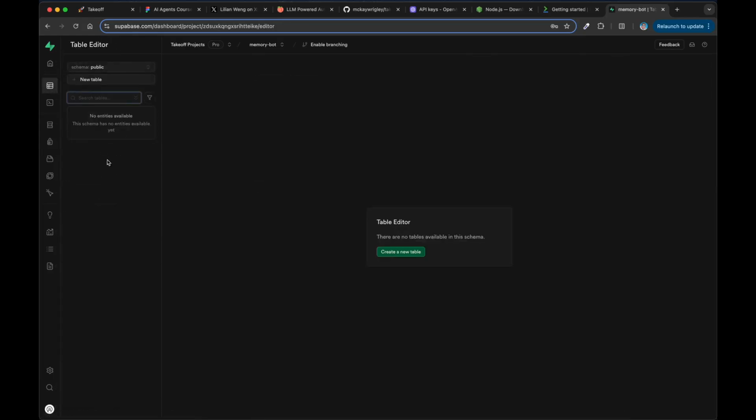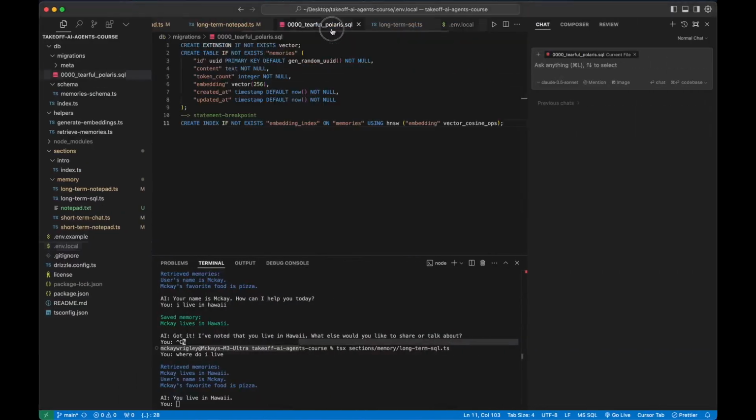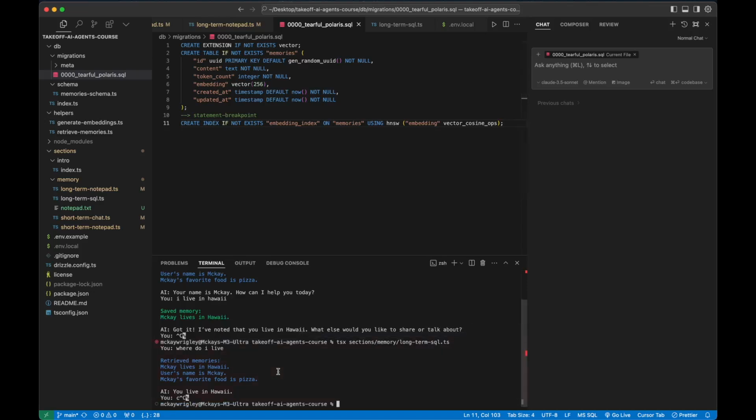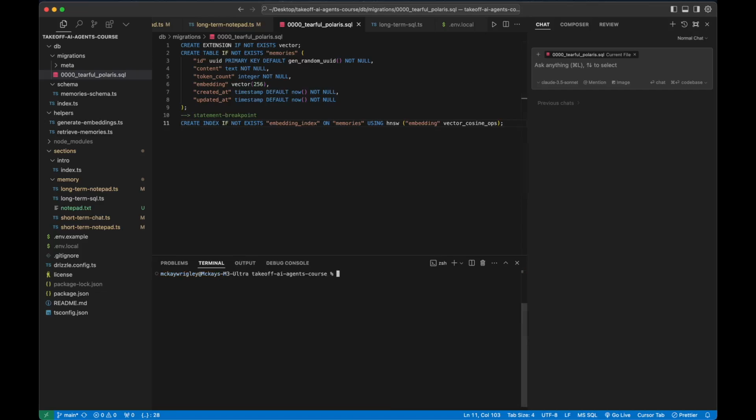But you'll notice if you go to your table editor over here, we don't have any tables, okay? That's fully expected. Again, I told you this before, but I went ahead and wrote this SQL code for you, so you're not going to need to worry about anything right now. What you will need to do is one thing: in your terminal here, you're going to need to run npm run